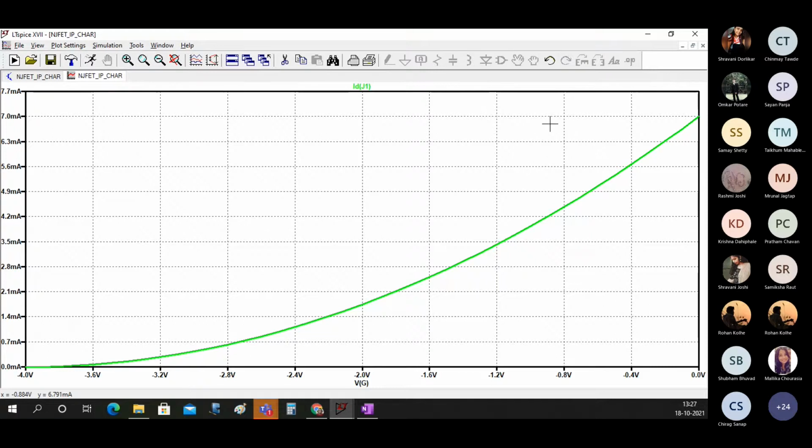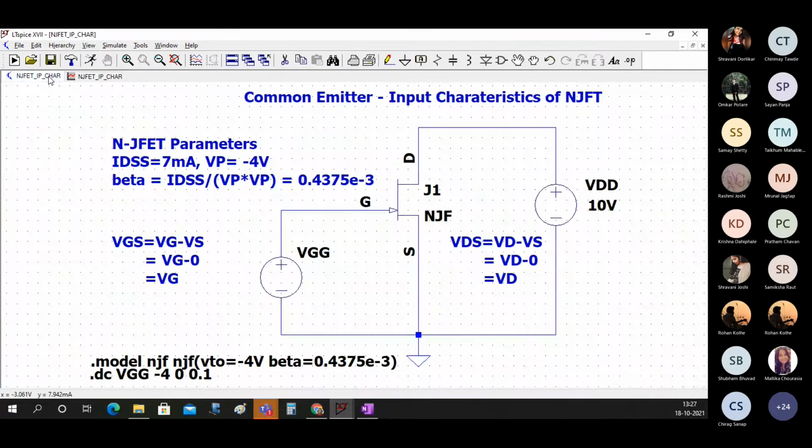And now the most important point you should see here is that I told you beta is IDSS upon Vp by Vp. So you listened to me and did this, but whether you are getting this IDSS as 7 milliampere or not and Vp as -4 or not, that is very, very important.